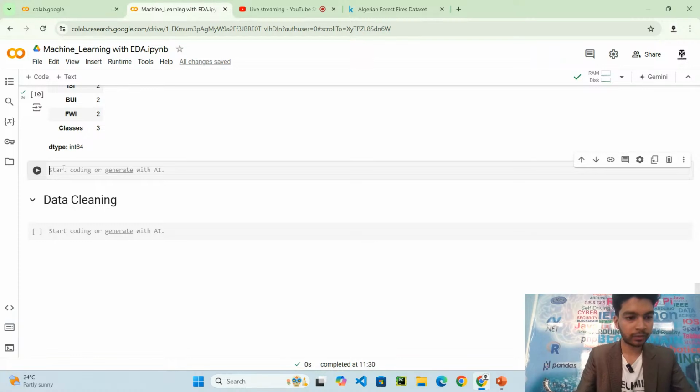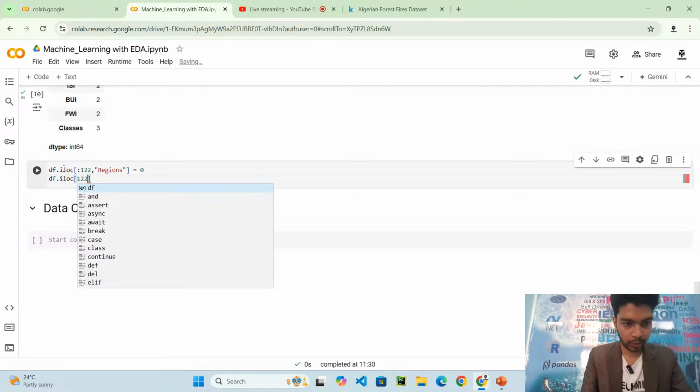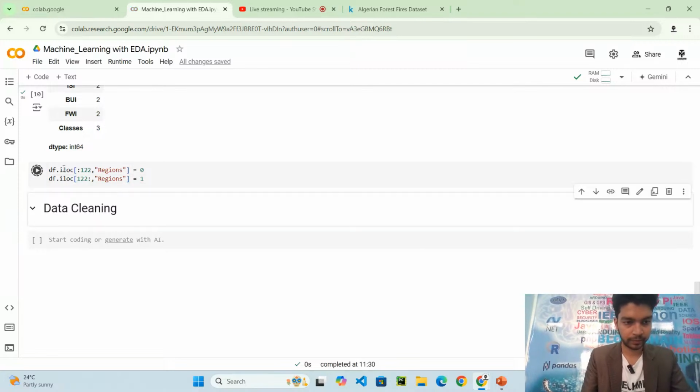So for that, what I'll do is df.iloc, take rows till 122, name the column Region, and make its value 0. Then df.iloc from 122 onwards, and make Region 1.